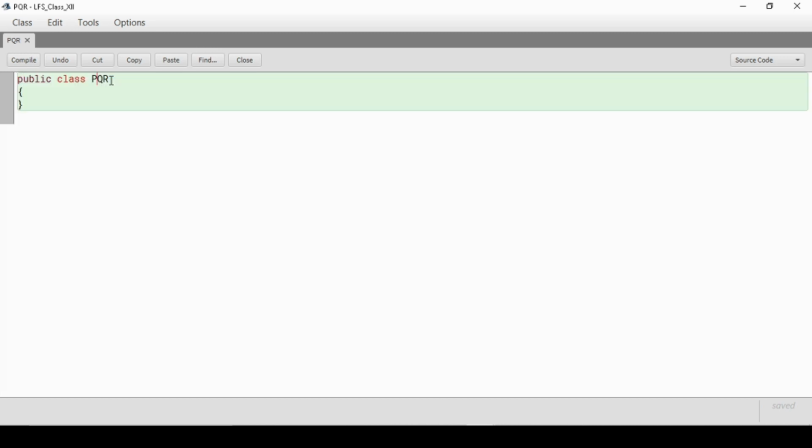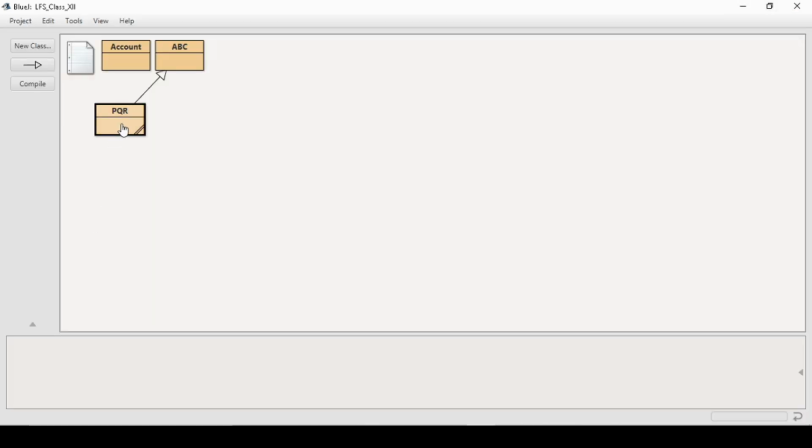For that, the place where you are writing the class name, just afterwards write the extends keyword, extends is a keyword, and write the name of the class which you want to inherit, and that's it. So you can see I compiled it, and this PQR class is inheriting this ABC class, right? So this is how you can inherit a class inside another class.